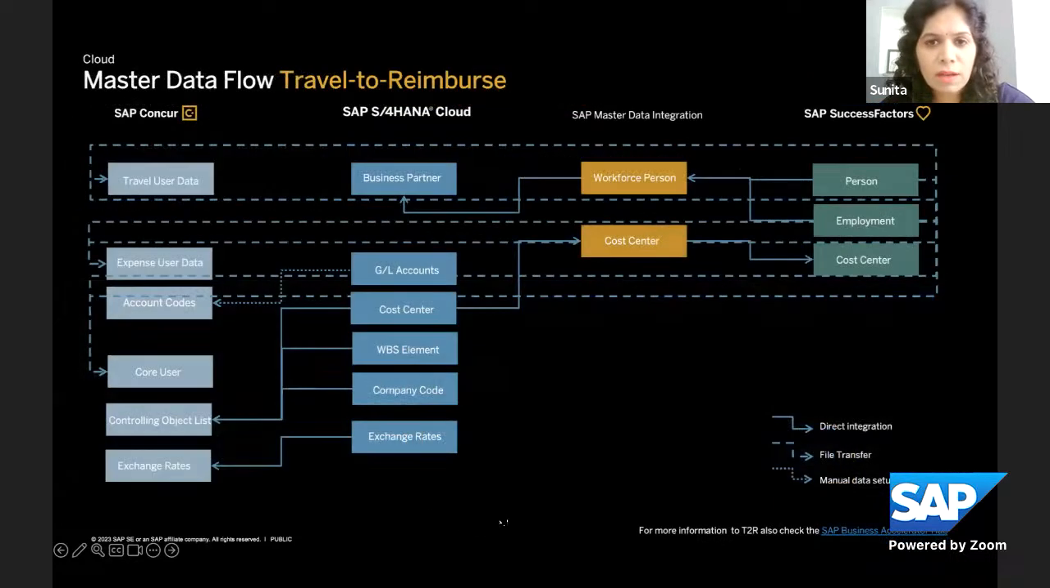The next one, I'll keep it very brief. Master data integration. Earlier, we had point-to-point integration to replicate workforce person cost centers. In this diagram, we can see that we have the SAP master data integration in between SAP S/4HANA Cloud and SuccessFactors, and the employees that are onboarded on SuccessFactors are replicated via the MDI to SAP S/4HANA Cloud, and we